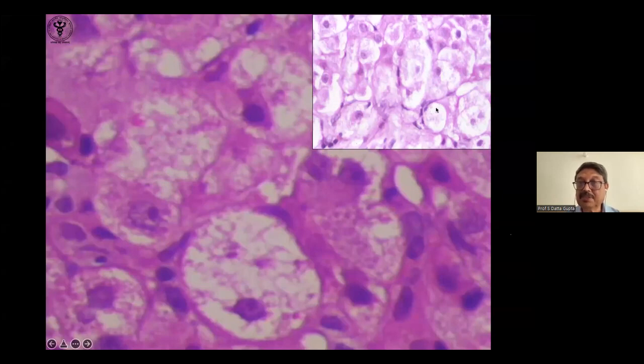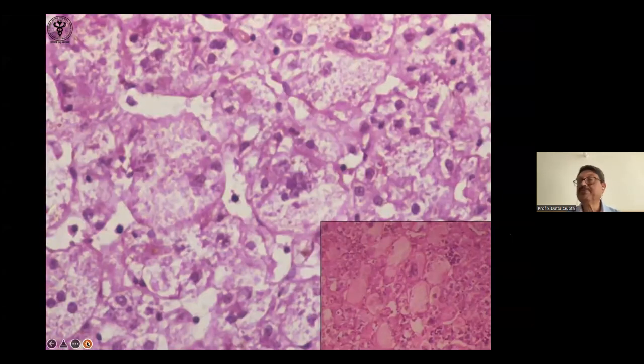Now, in some cases, the cell does not increase in size, and there are wisps of cytoplasm here, what people call feathery degeneration. It is very difficult to distinguish between ballooning and feathery. The only change people mention is that in feathery, the cells are not as enlarged as in ballooning. And in feathery, you may get some bilirubinostasis within the cells, and that's why feathery degeneration is almost restricted to biliary obstruction. But anyway, there are no marks if you cannot distinguish between the two.